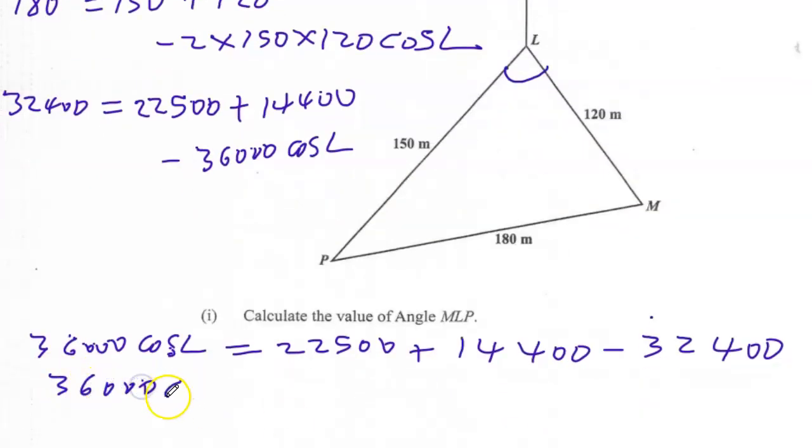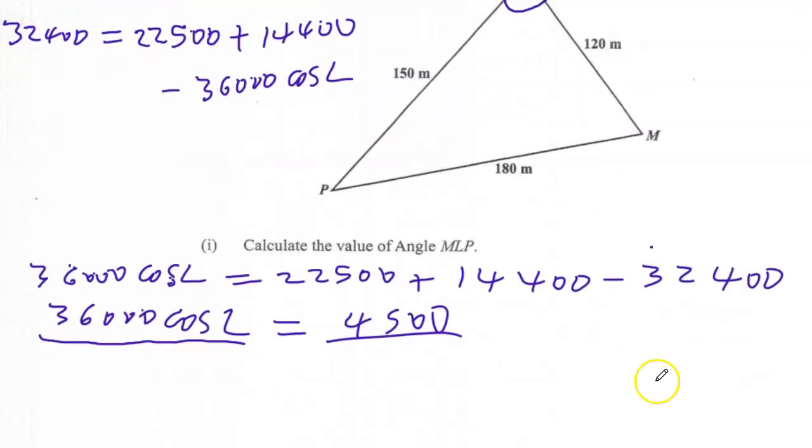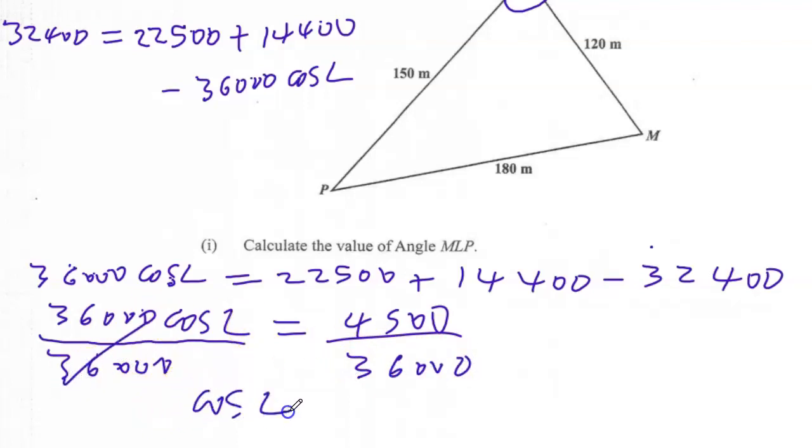So 36,000 cos L is equal to, let's add up these numbers on the right hand side. That's 22,500 plus 14,400, and that with minus 32,400 gives 4,500. To get cos L by itself, I now need to divide both sides by 36,000. I get 0.125. So cos L is equal to